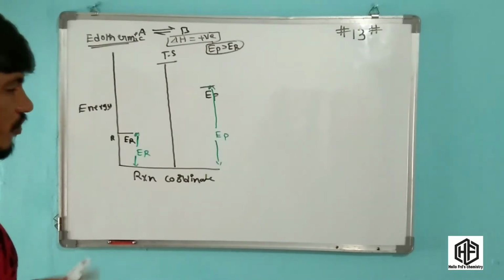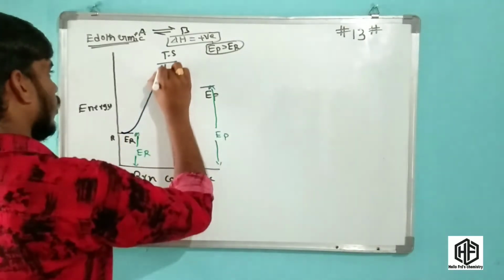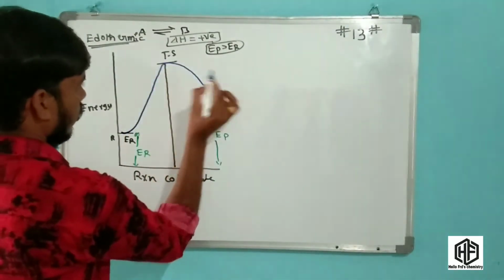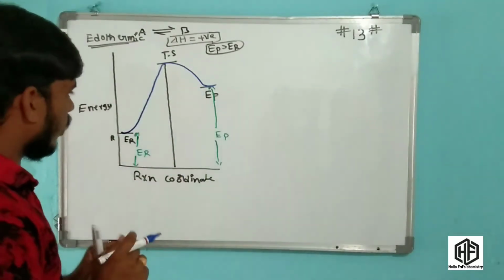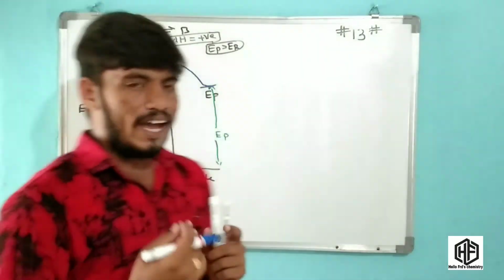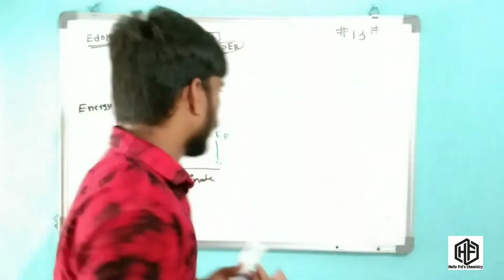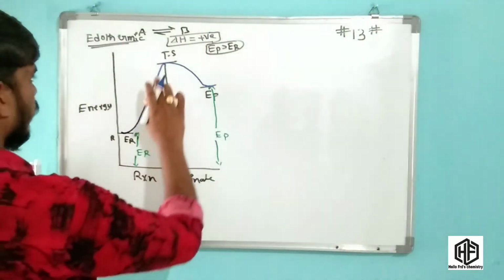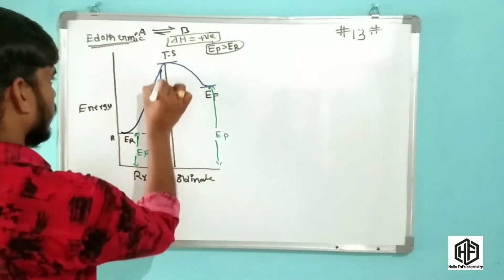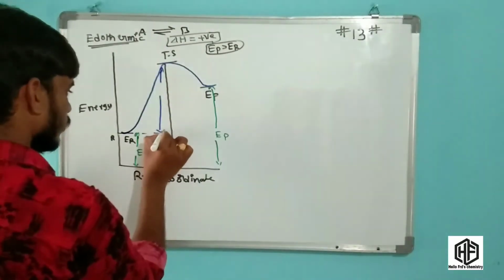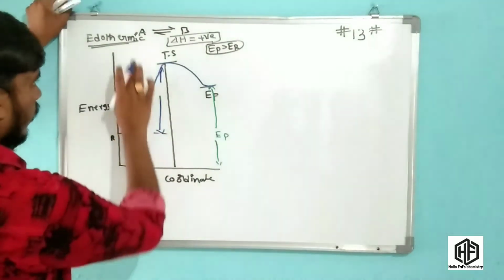Now some amount of energy is required for this reactant to cross this transition state like this. Okay friends, this is the reactant energy and product energy. This is the endothermic reaction. Now in an endothermic reversible reaction, there is activation energy in the forward direction and backward direction. What happened there friends? In the forward direction, the activation energy is like this. This is the activation energy in the forward direction of this endothermic reversible reaction.